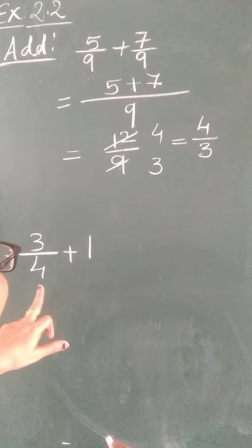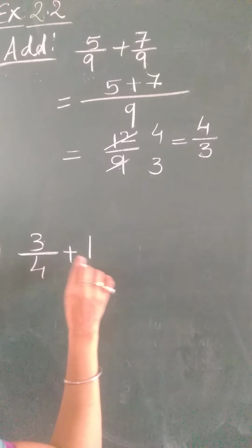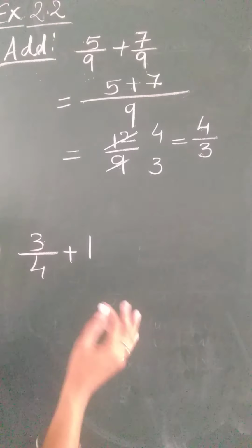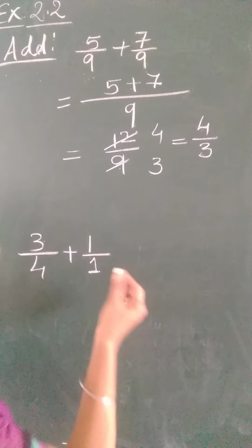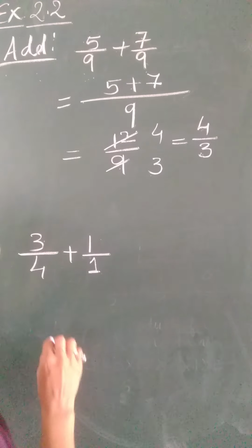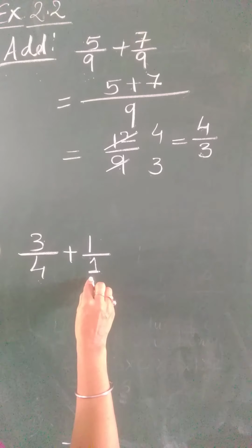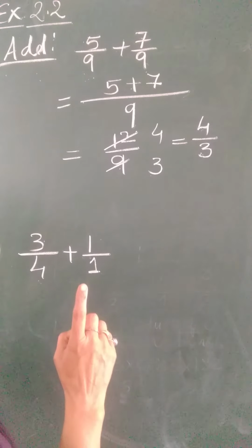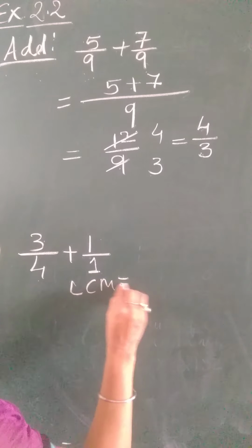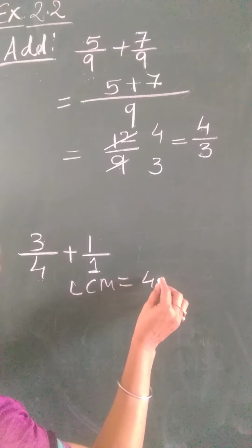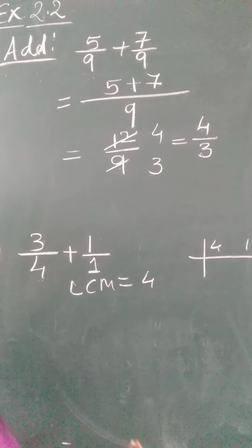Okay, now let's move to this sum. As you can see, 3 by 4 is a fraction and only 1 is written. There is no denominator. So what you will always do is take the denominator as 1. Simple. So now this also is a fraction. Now what is the denominator here? 4. And here 1. So I just explained this in the descending order also. To make the denominator equal, you will find its LCM. And the LCM of 4 and 1 is what? 4 only. How to find LCM? In that period also I explained to you.